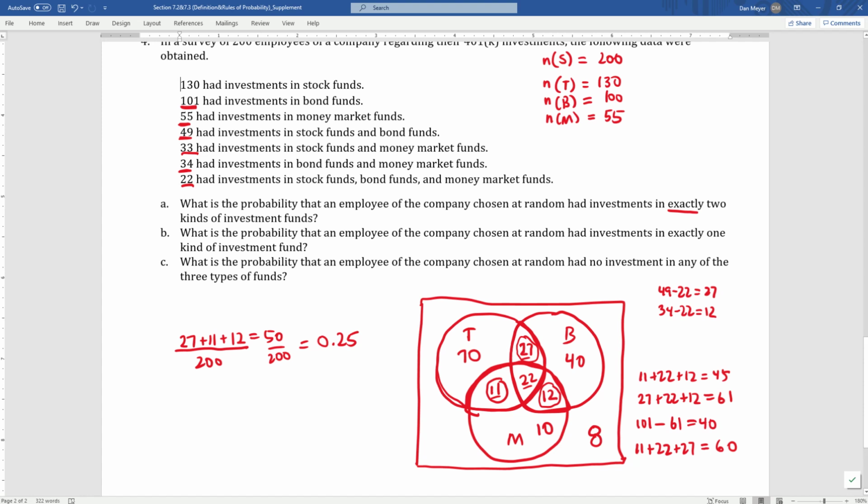In B, what is the probability that an employee of the company chosen at random, again, we're choosing them at random. That's why we get to just count. Just use the basic probability formula: the number who fit the description divided by the total. So had investments in exactly one kind of investment fund. Well, that's the 70 who just had stocks, plus the 40 who just had bonds, plus the 10 who just had money market. It looks like there's 120 people